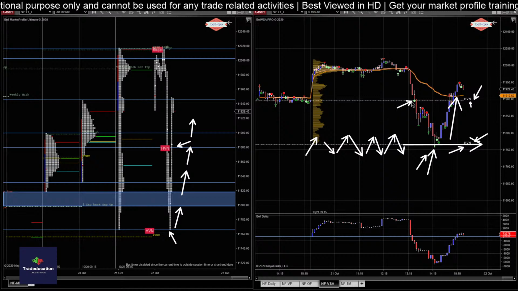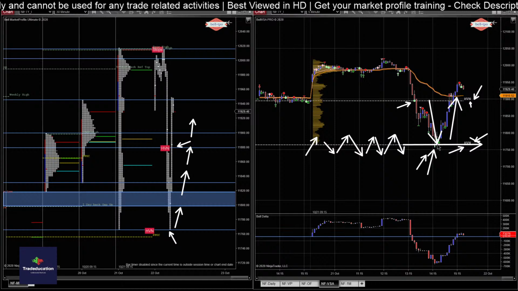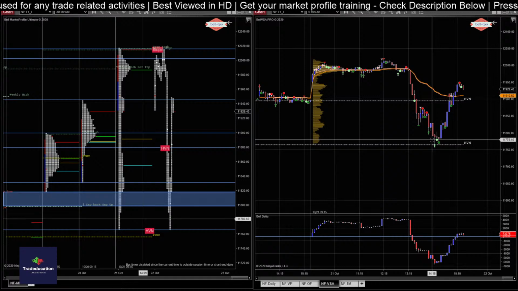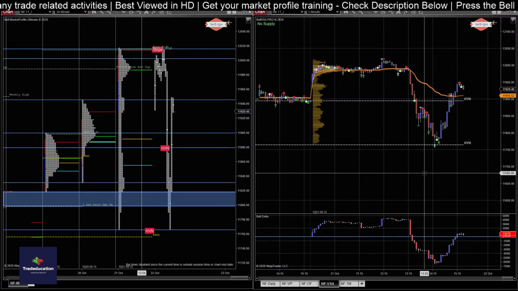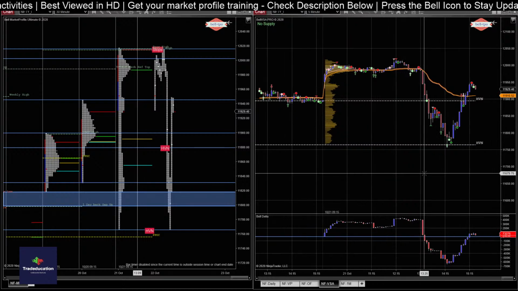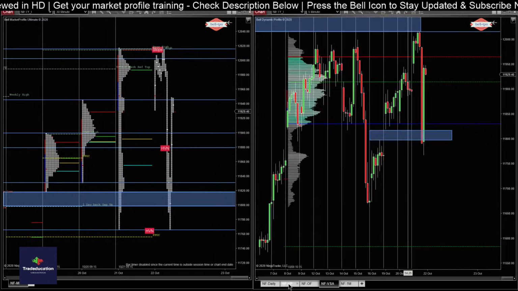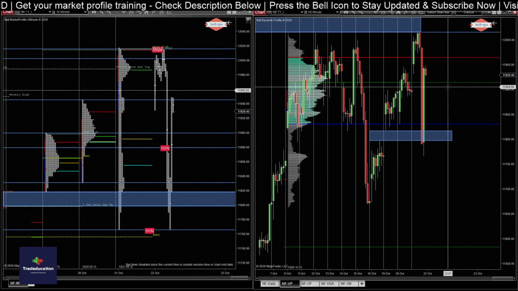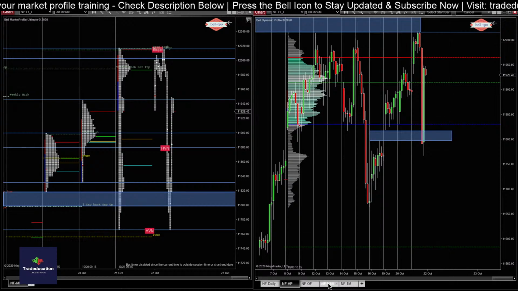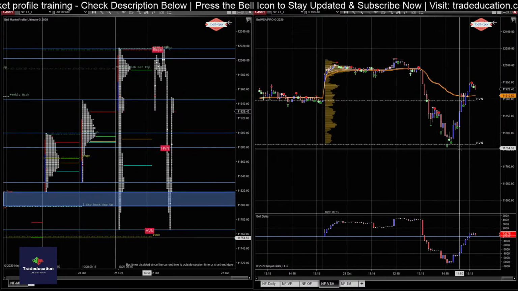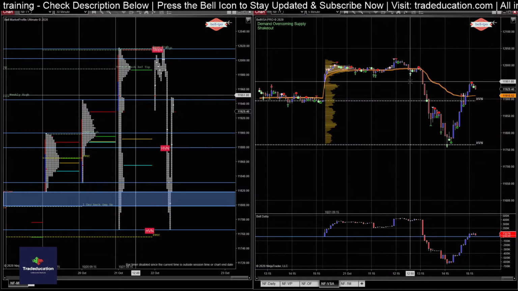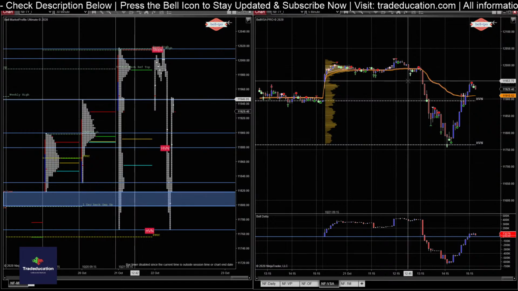Moreover, we also had one more HVN here. This was a weaker HVN. As it got tagged, the sellers came in again, and a lot of momentum players came in. So this is what I wanted to share with you guys, how I'm using the combination of market profile to understand the overall context, volume profile to understand on the hourly chart where the turning points can be, and VSA to understand where the strong HVNs are. There are multiple HVNs yesterday also.